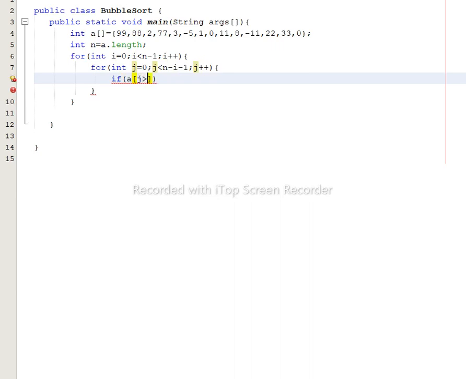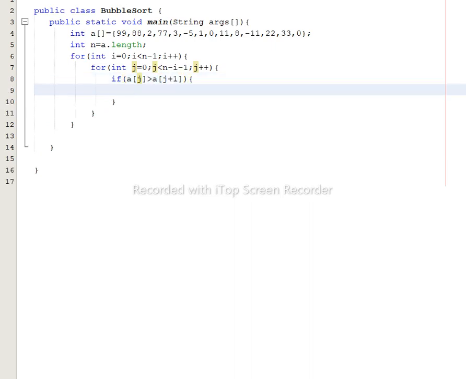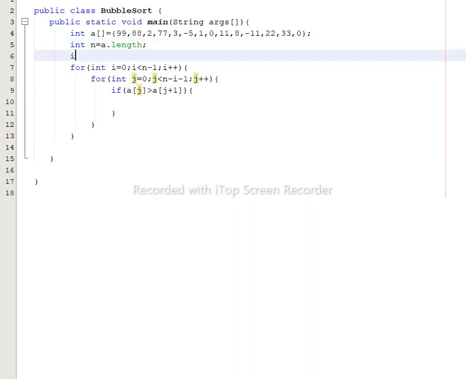If a of j is greater than the second element, a of j plus 1. So if the first is greater than the next, we have to swap this value. Let us declare another variable, a temporary variable, initialized by 0, and then after declaring, temp is equal to a of j. Greater than, to swap, because the first element, the nearest element, is greater than the next value of that array. So we have to swap here: a of j